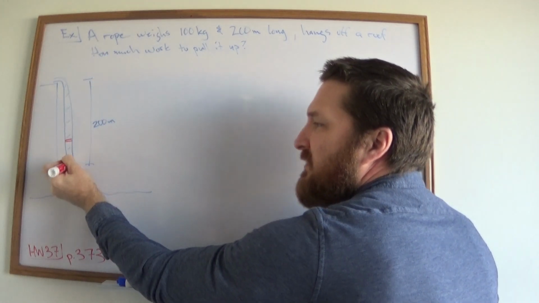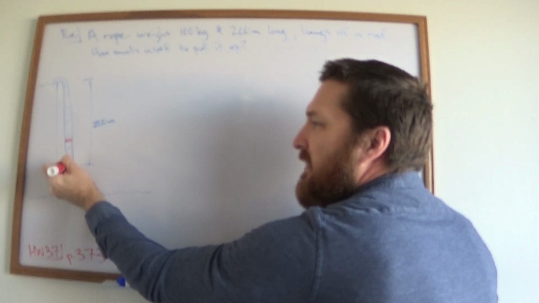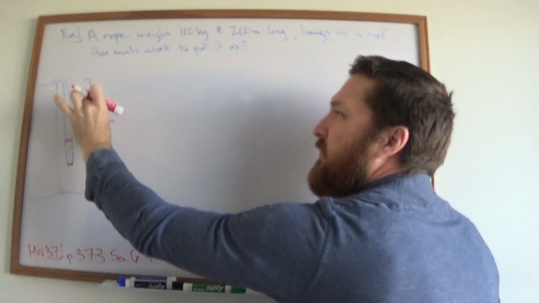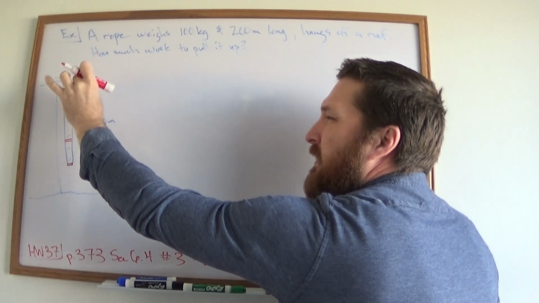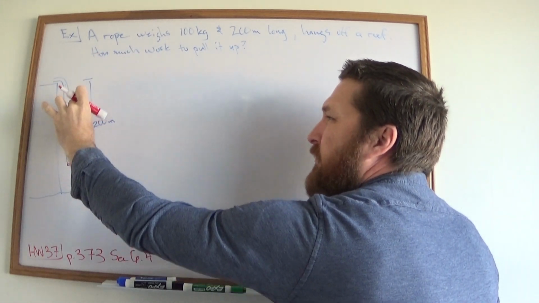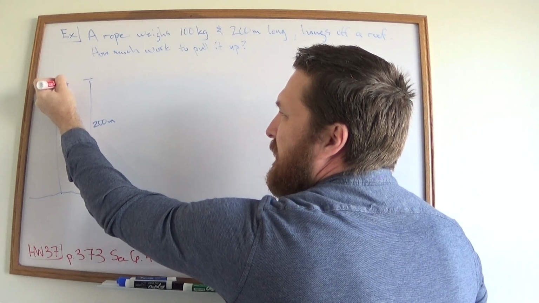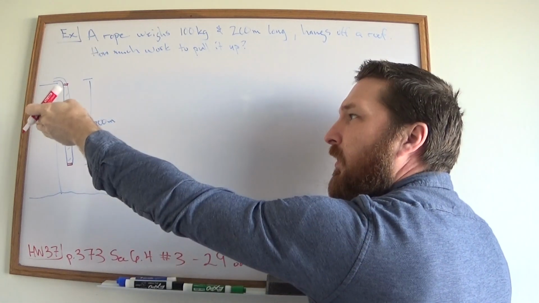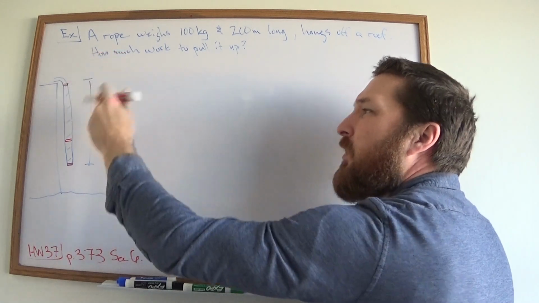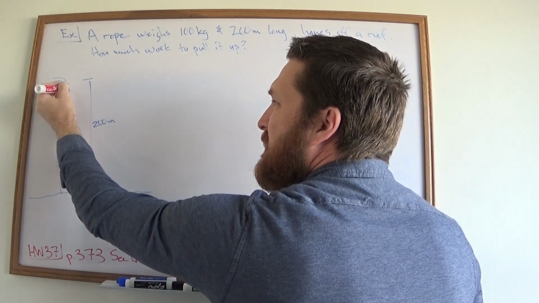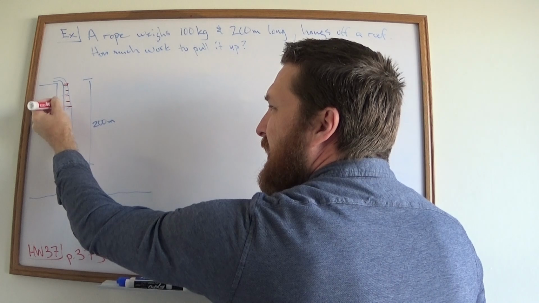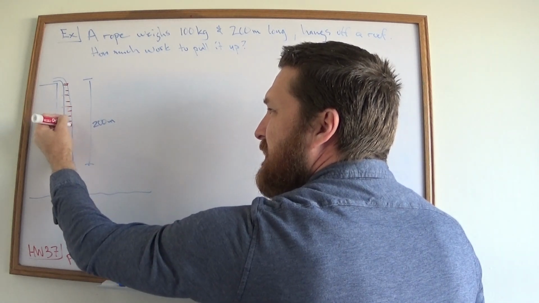Like the slice here at the very end needs to go through the entire 200 meters. This slice here doesn't need to go through the entire 200 meters. This slice just below it basically doesn't need to move at all, right? And so if I take this rope and I slice it into tiny little bits,